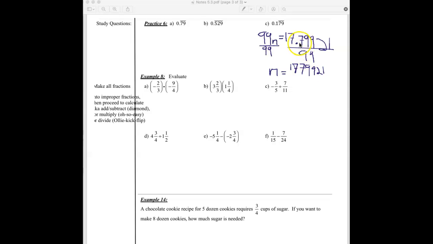Right, and then since I moved it 1, 2, 3, 4, 5 times, that means I have to add 5 zeros to this for it to be accurate. And basically, if I punch this into my calculator, 17.79921 divided by 99 with 5 zeros after, I guess, what is that? Let's see, 2, 3, 4, 5, so what are we looking at? 3, we're looking at over 9 million. So anyhow, if you punch this in your calculator, you will eventually get 0.179